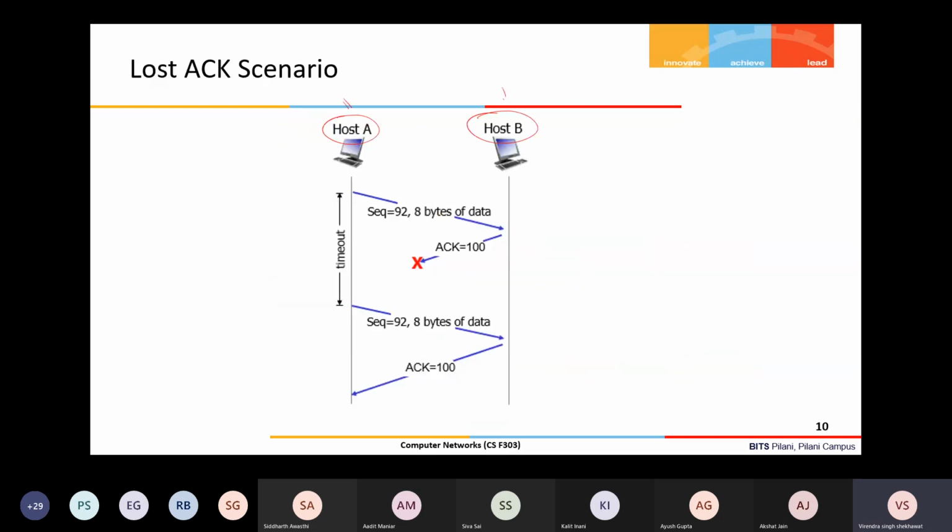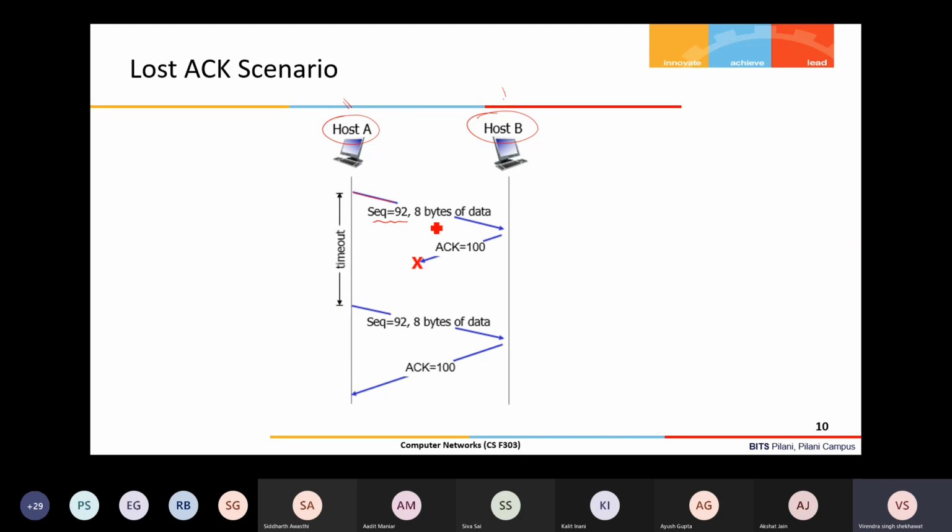Okay, now come to here. Let's say after the 3-way handshake happens, this is the next sequence byte it is sending. So sequence number 92 it is sending. The initial sequence number was already exchanged during the connection establishment, right?